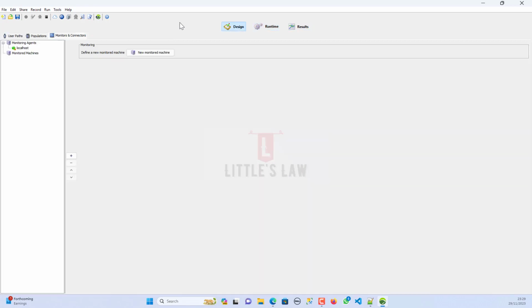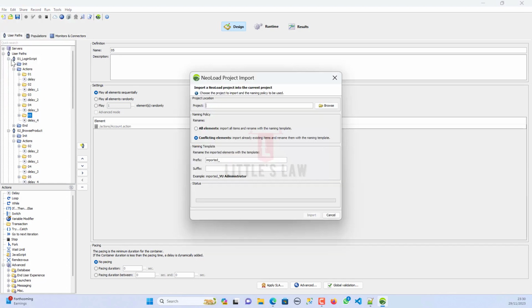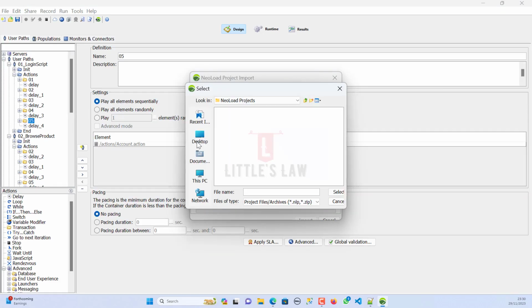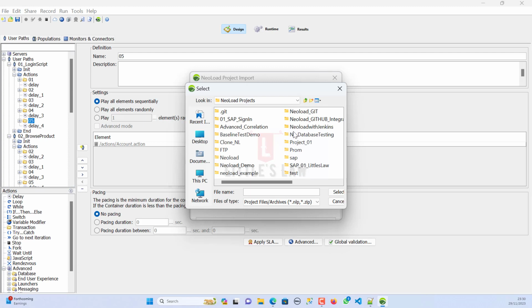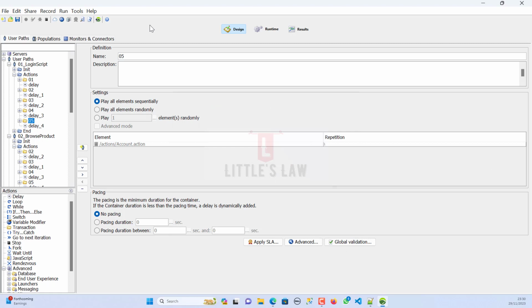There was a subscriber, a friend, who told me that he had created scripts, each script in a different project, and now he wants to run everything in the same project. So I suggested he go to File, click on Import Project, bring in whatever project you want, select it, and then you can bring it in. The one thing I told him is to make sure that the project is upgraded to the current